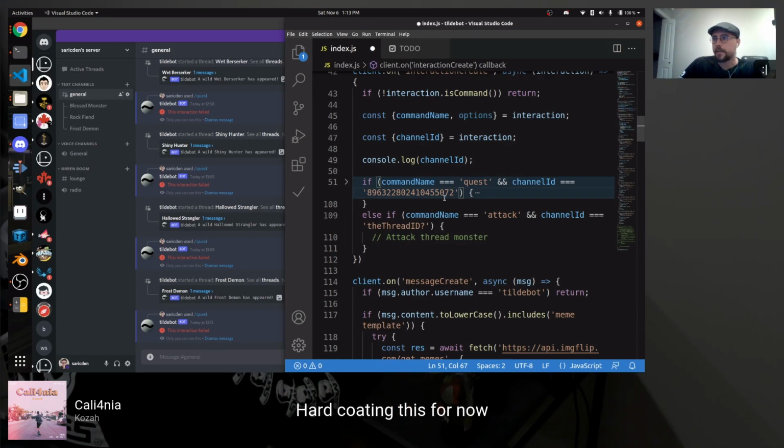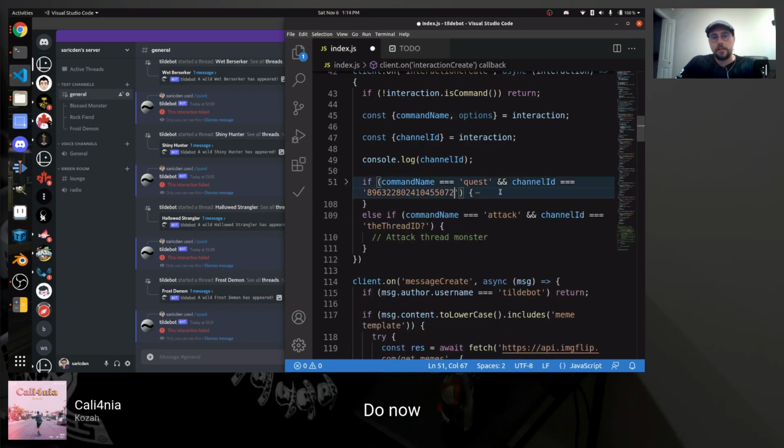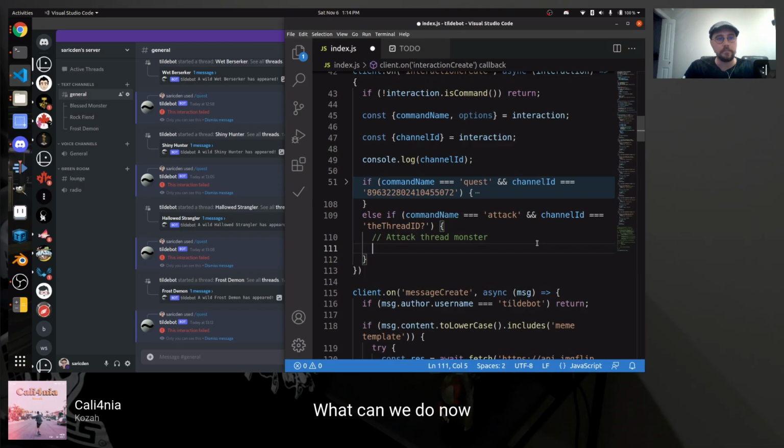So we're hard coding this for now, but at some point we're going to want to make this a configurable variable based on the server. I don't know. So, what can we do now? We can